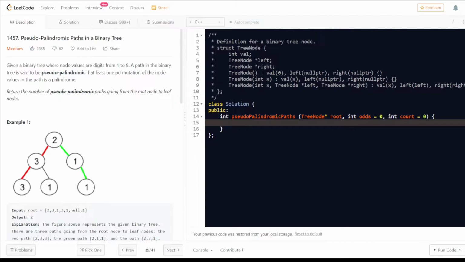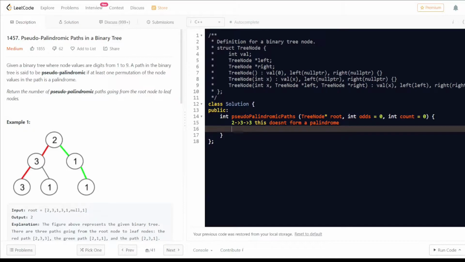Today we'll be solving today's LeetCode challenge, that is Pseudo-Palindromic Paths in a Binary Tree. What we mean here by pseudo-palindrome is that in a given example, if I were to consider the highlighted path in red, then I'll have something like this, but this does not form a palindrome if we were to go by its natural definition. But if I were to rearrange it and write it like this, then this does indeed look like a palindrome,